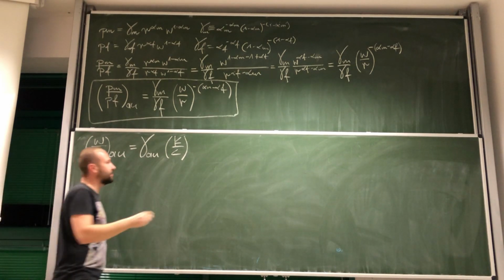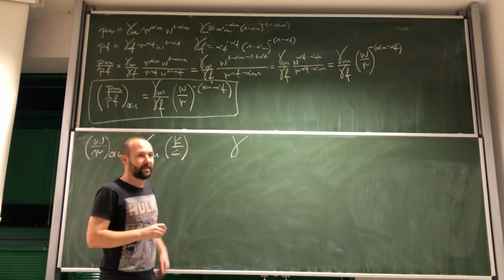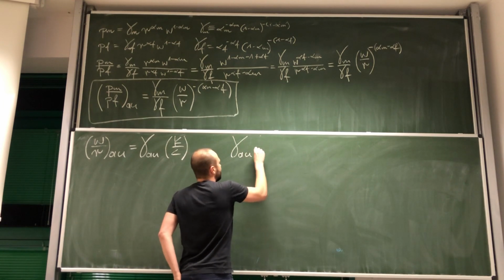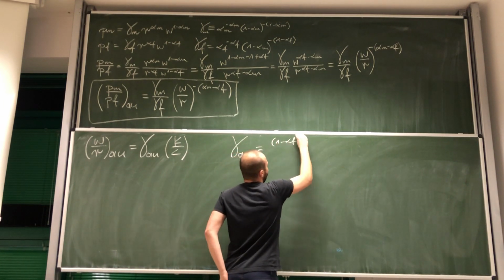And in this scenario, this gamma in autarky is equal to 1 minus alpha f